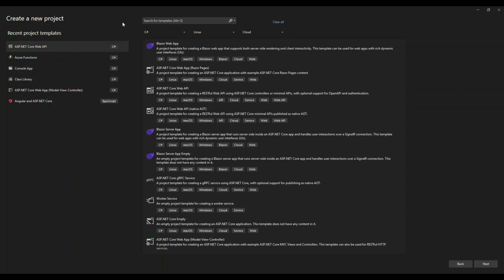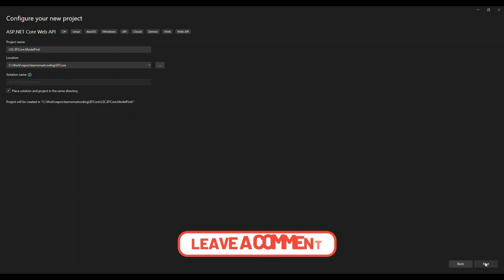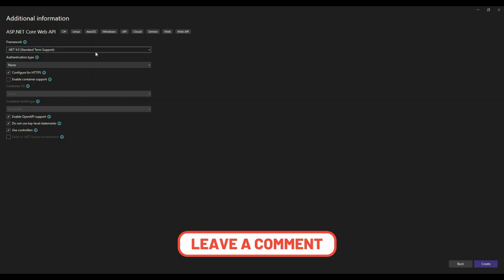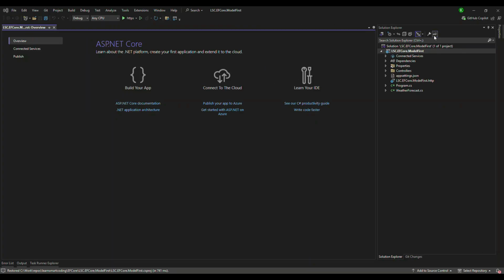I opened up the Visual Studio 2022 and I'm going to choose the ASP.NET Core Web API. You can filter it from here and I say next. I choose the project name and the location and I'm going to click next, and here I'm going to choose .NET 9. As of this recording, .NET 9 is standard. I'm choosing that and everything is default. Create. Okay, so the default template project has been created,